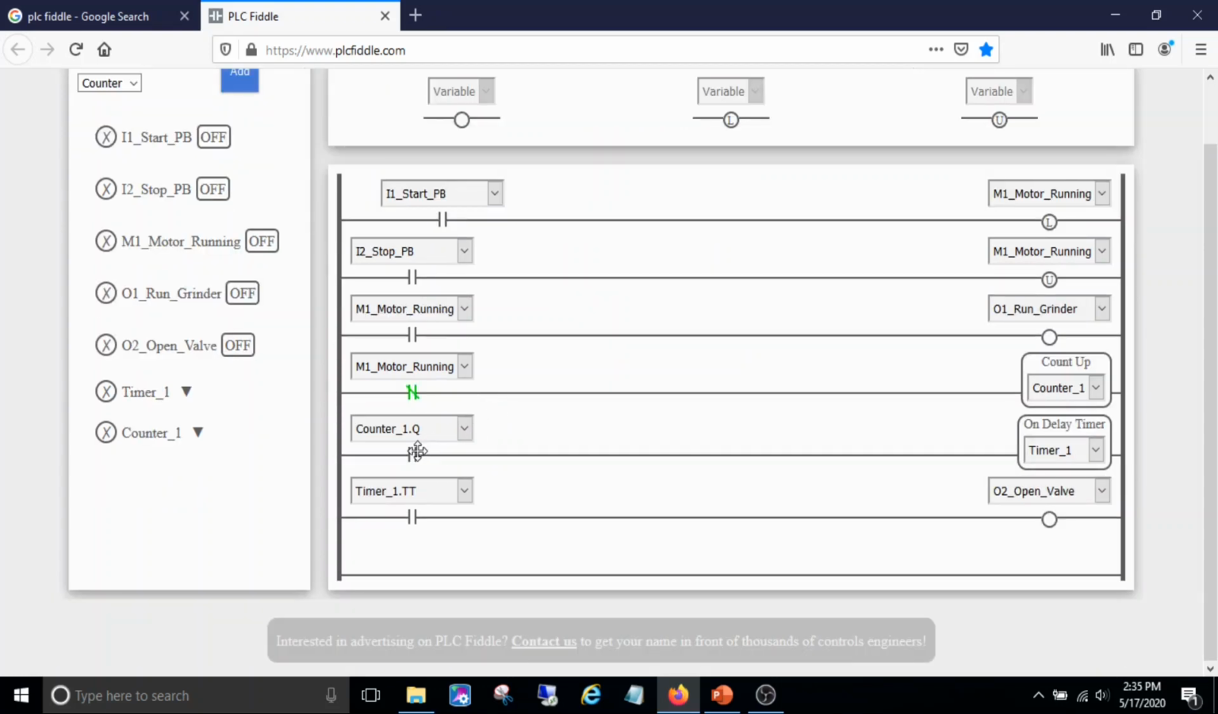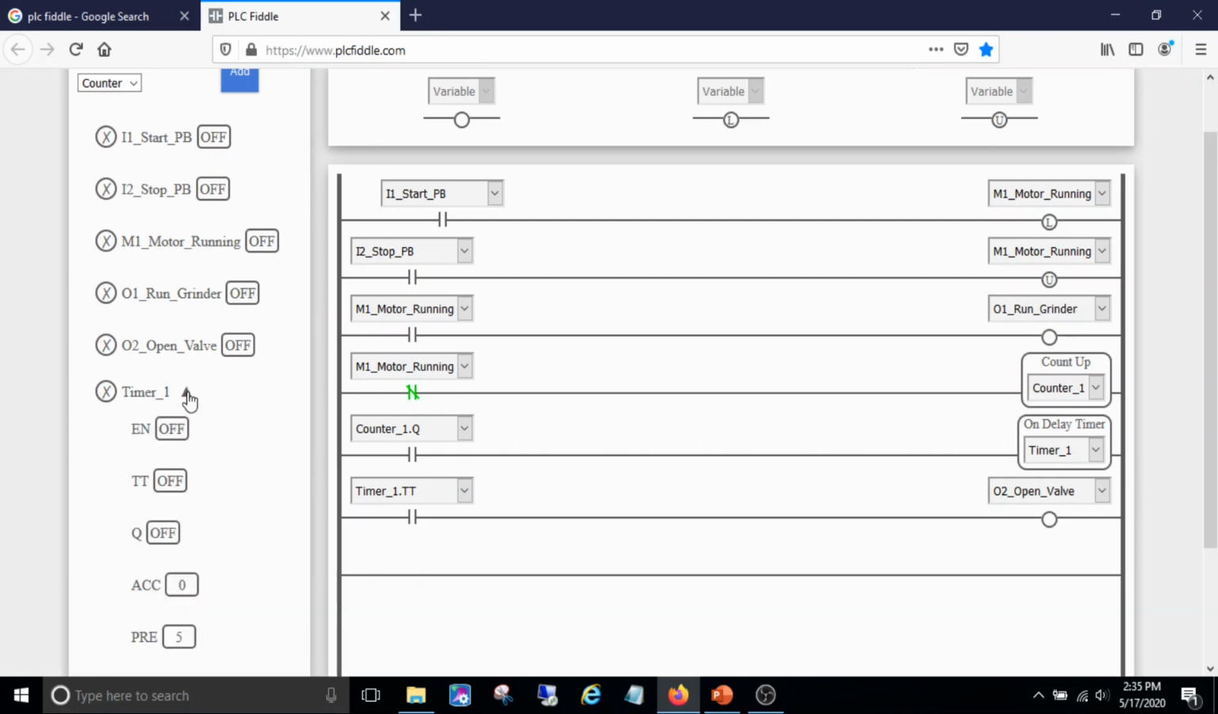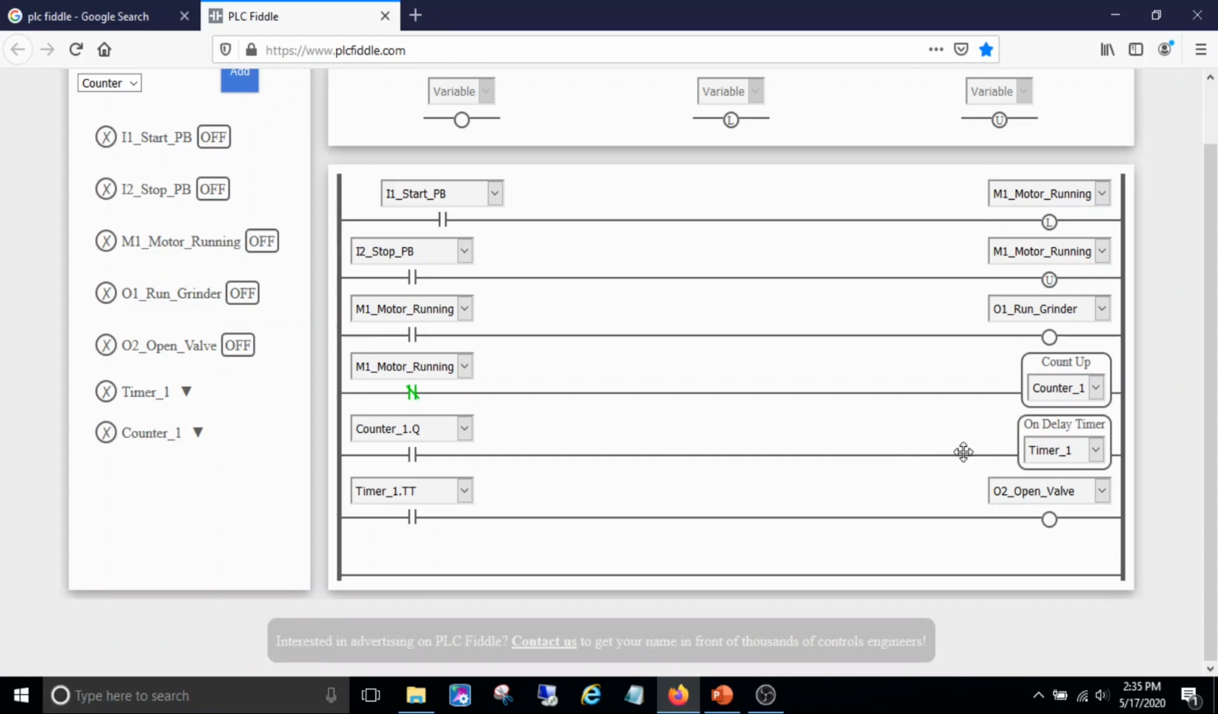Alright, so once the counter reaches 5, then our timer 1 is going to start timing. It's configured to be a 5-second timer right here. I've got the preset threshold set for 5, which, this being a 1-second timer, is 5 seconds. This TT bit is the timer timing, so as the timer is incrementing to 5, it's going to be on, and that's going to open up our output. This is a real physical output, something you can touch. It's going to have wires connected to a solenoid valve to open the bottom of the hopper,